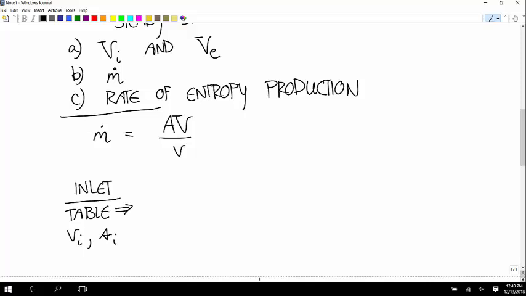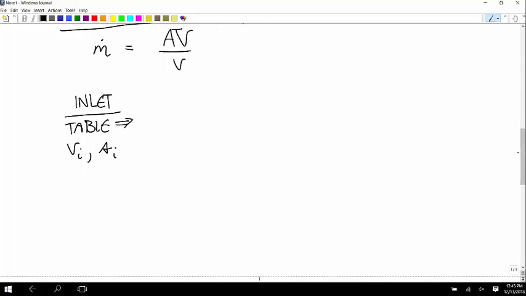Oh, we don't know the mass flow rate either. Okay. So the mass, okay, so we know, so what do we know? We know